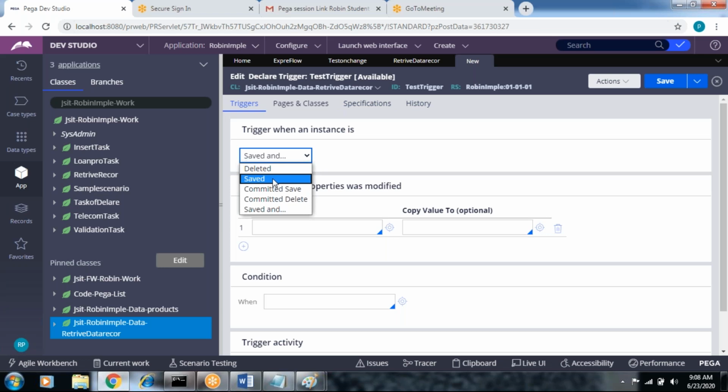So what is the save and what is the committed save? Suppose the purpose of Obj-Save: what is the purpose of Obj-Save? Save the object, right? Yes, save the instances or records into the particular data table.